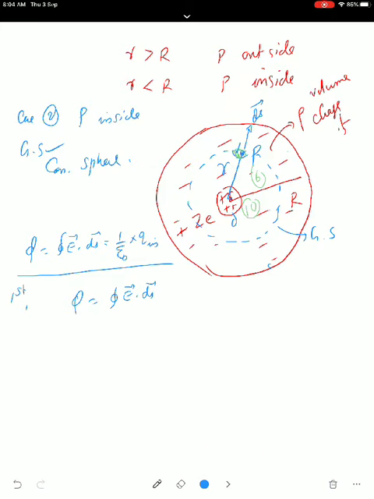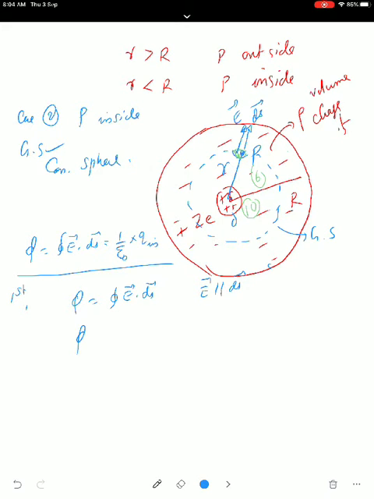So I have to draw the electric field direction at the point P. The electric field is outward, so the E vector and ds vector are parallel here. Why is the E vector directed outward? The amount of positive charge is more than that of negative charge, because some negative charge is lying outside the Gaussian surface constructed. They are not equal in magnitude.